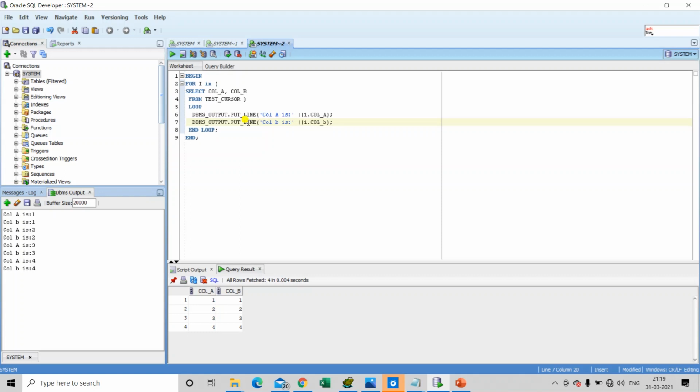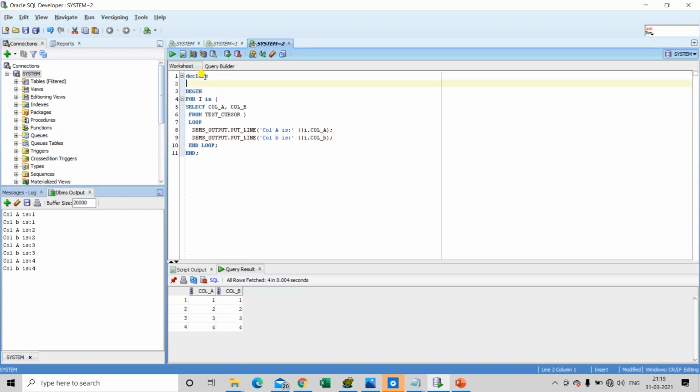So this is the basic syntax of the cursor for loop, and how it is different from the normal explicit cursors. We can have a comparison here. In this case we are not using the declaration section to declare an explicit cursor, as you can see that I have completely ignored the declaration section here to use the cursor for loop.